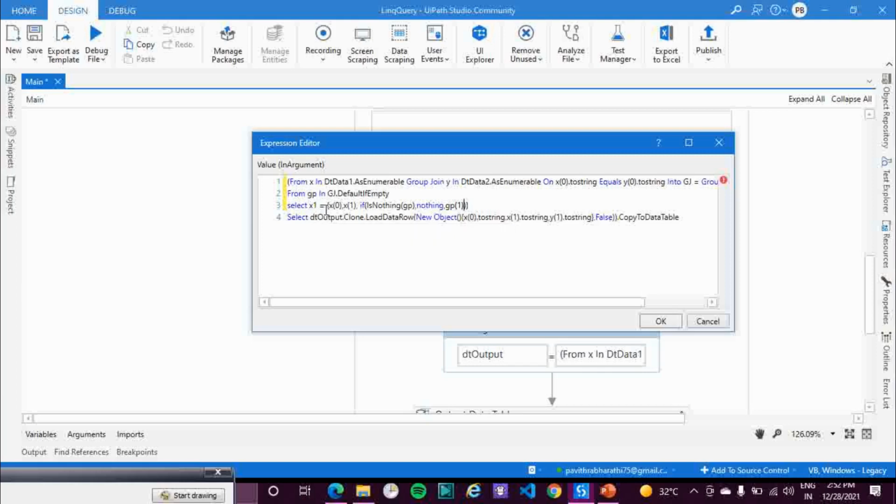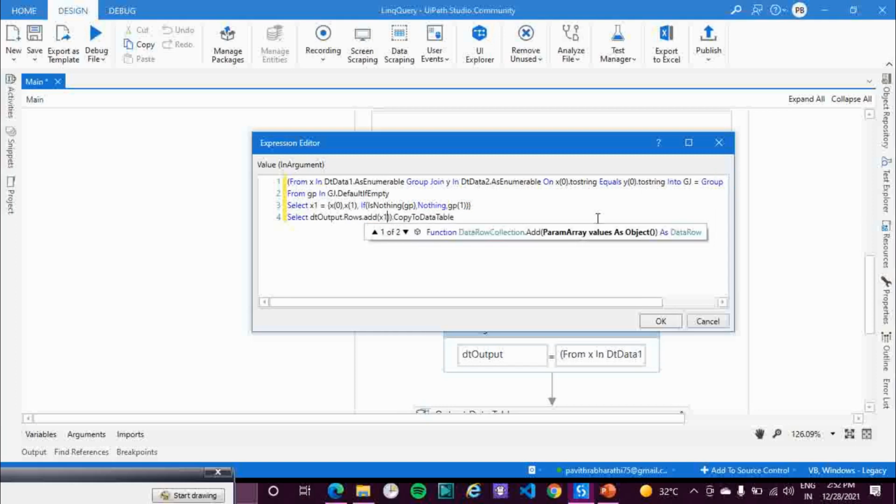Okay, so once you are done with this, dot rows dot add x1. Okay, now this is done.